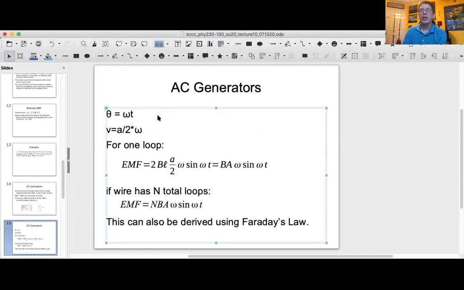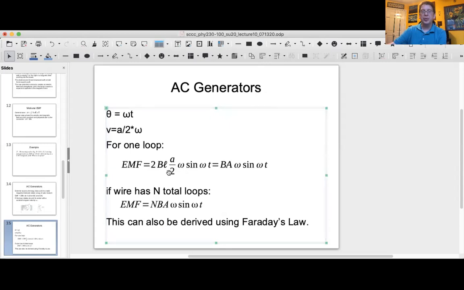It's rotating with a constant angular velocity omega. So theta can be written as omega t. V, the linear velocity, is equal to the radius of the rotation, which is A over 2. So remember, the axis is going through the center of the segments of width A. So it's A over 2 times omega. So you plug those in, and you see over here,